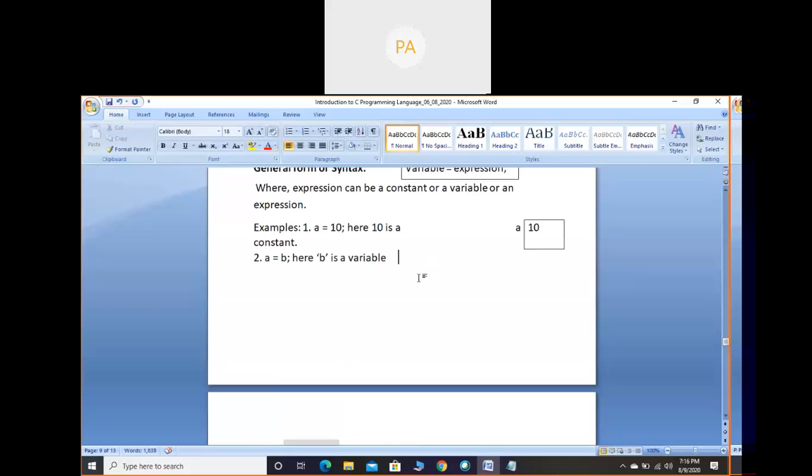Whereas in the case of the relational operator, if you use the double equals symbol, here a equals b is the same as b equals a. Both are the same, because here we are comparing, not copying any value. We are just comparing the LHS and RHS values. So you can write it in any way, but when you use the assignment operator, you should be very careful. The variable from which you are copying, write it on the right hand side. The variable to which you are copying, write it on the left hand side.